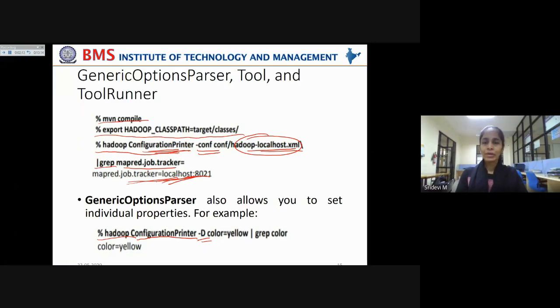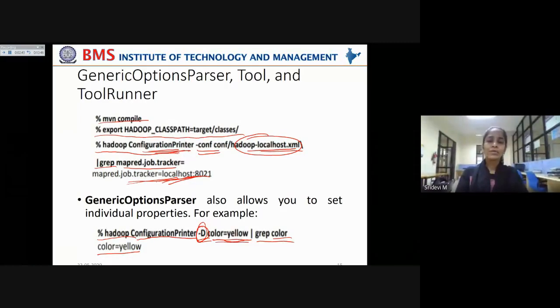Now, if the user wants to override those default properties, he can give it as a command line argument by using -D, so that this helps to override the existing properties. Now, using this -D, we are setting the color to yellow in the XML file by using the grep command for the color and giving the color as yellow.